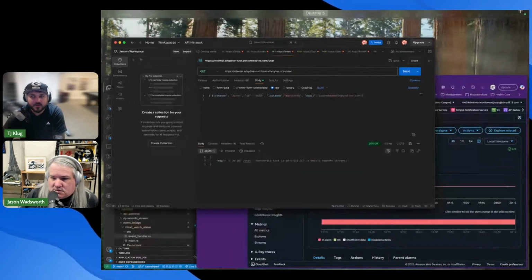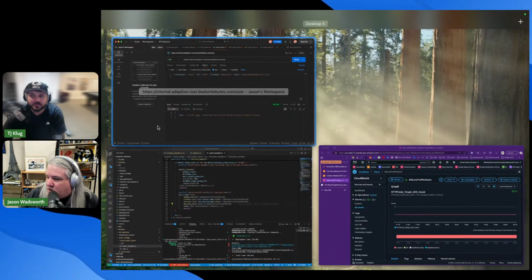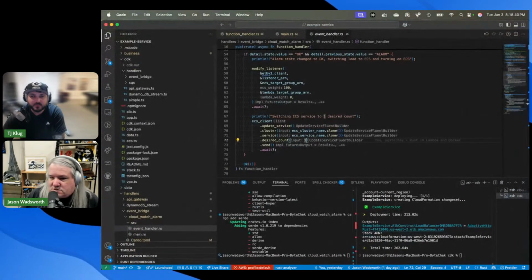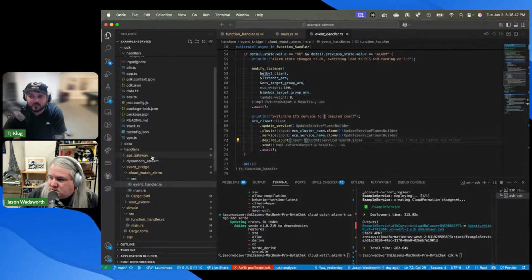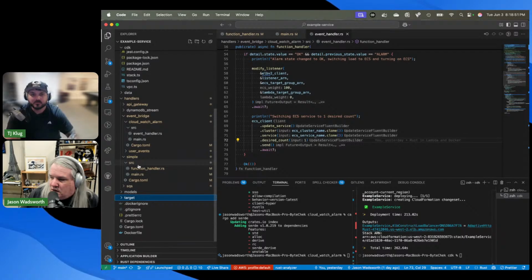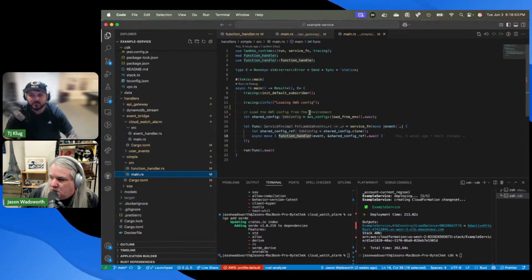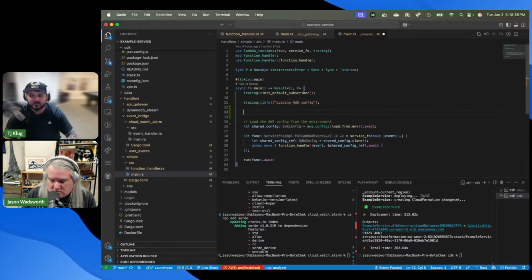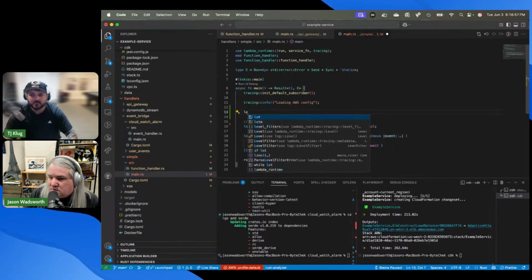So that's that. What other things are worth talking about with Rust? So we talked really briefly about memory. Rust memory is where it gets complicated. Just to kind of show you how weird it is.